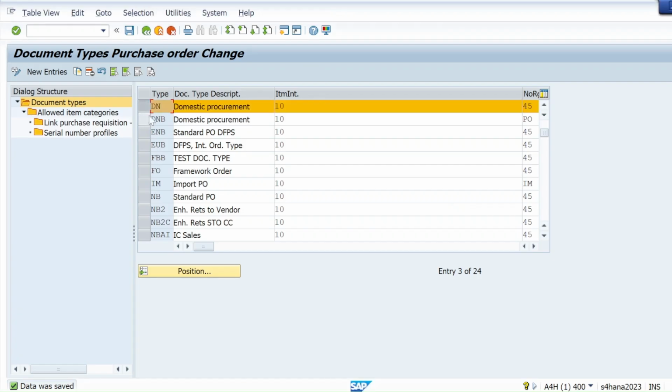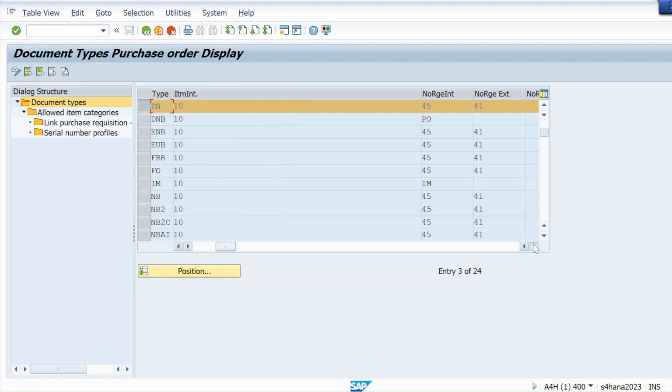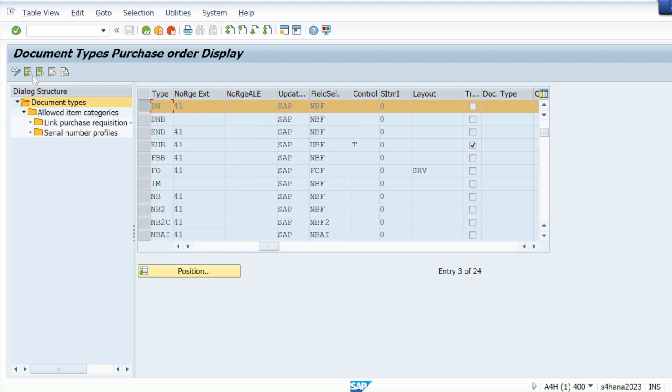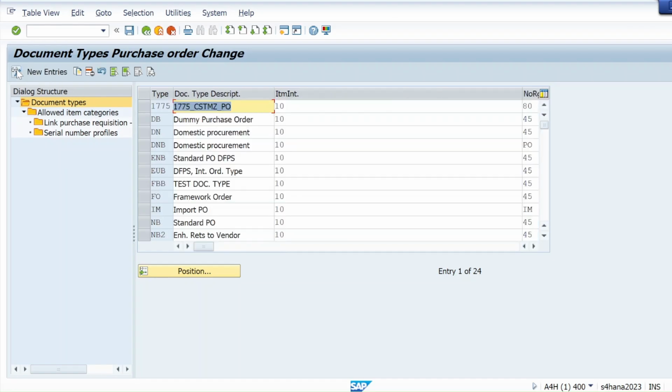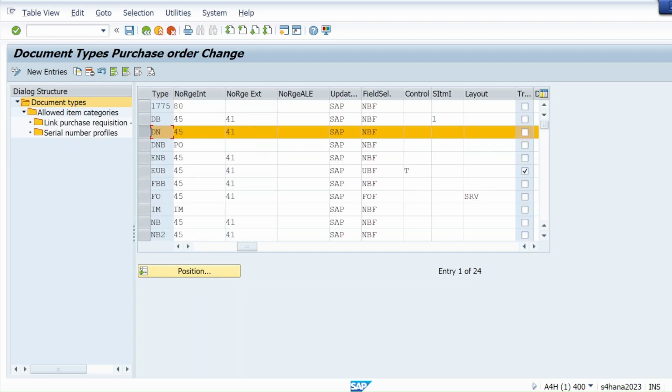This is my document type. Here itself, in this node, I will do it. I will go to the details and switch to change mode. For the number range, I will take an internal number range, and leave external blank.